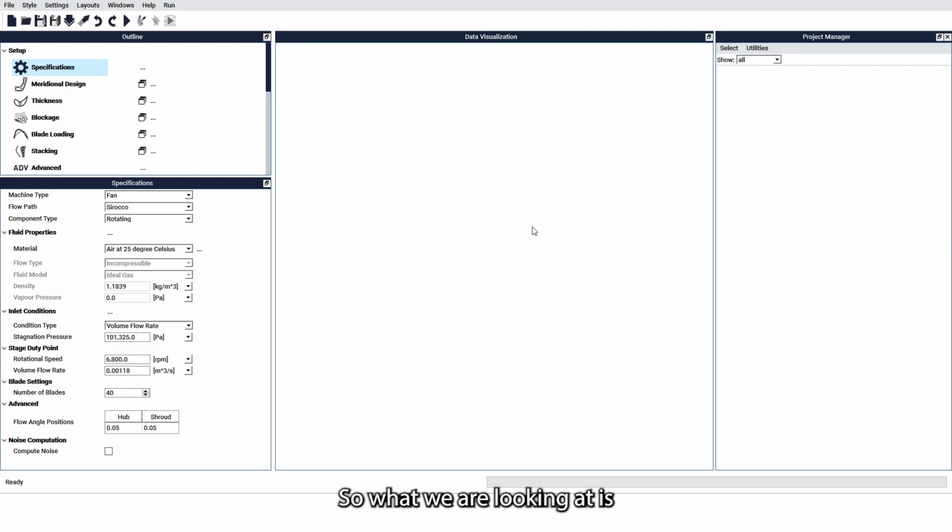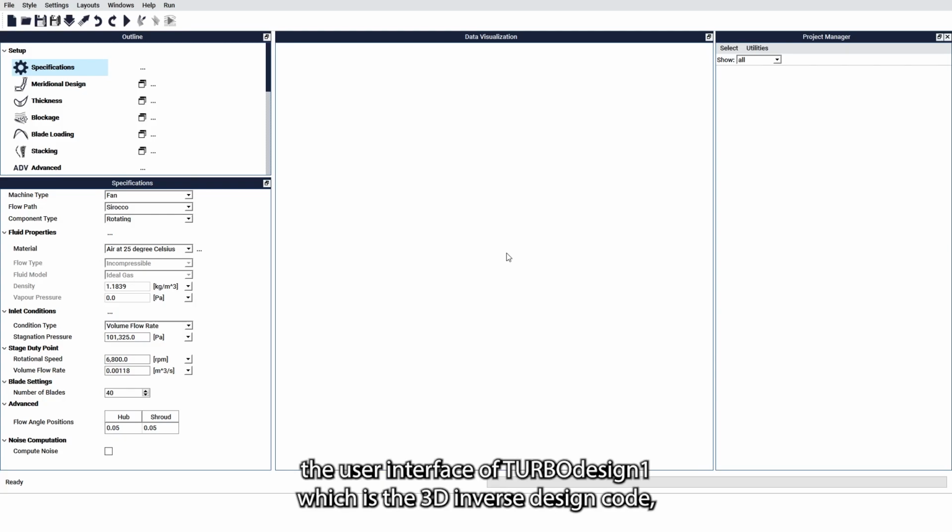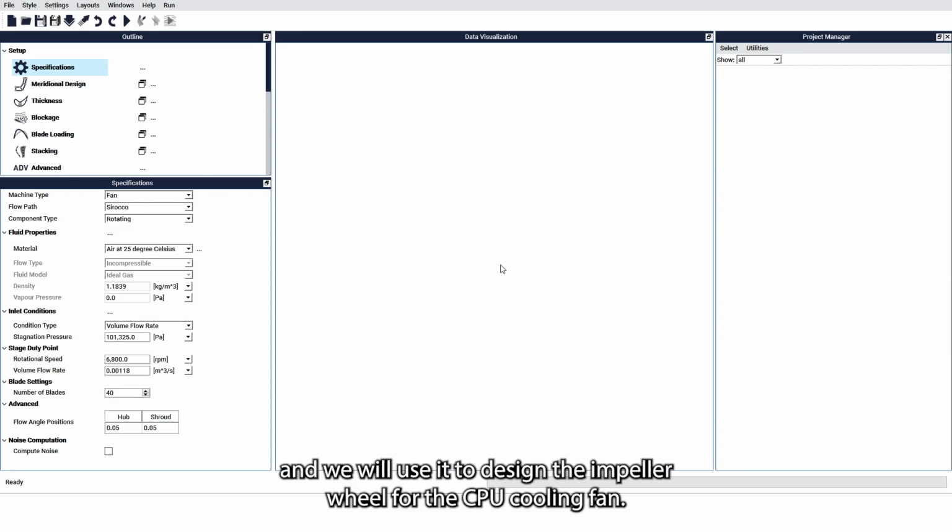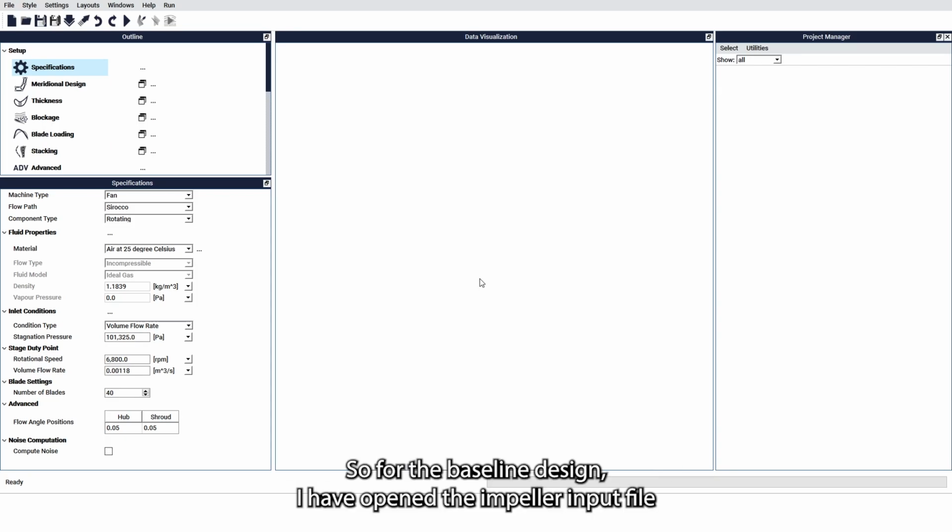What we are looking at is the user interface of Turbo Design 1, which is the 3D inverse design code, and we will use it to design the impeller wheel for the CPU cooling fan. So for the baseline design, I have opened the impeller input file that was exported from the mainline code TDPre,